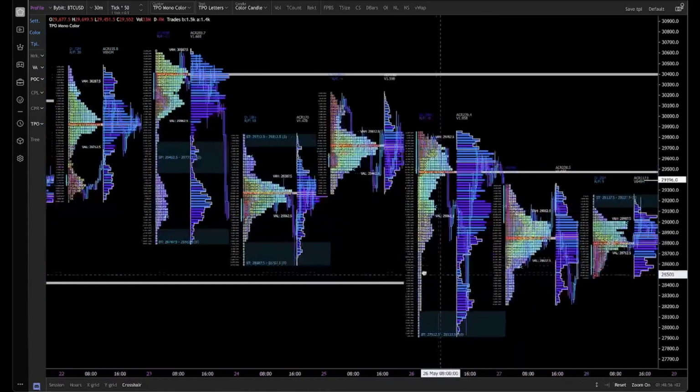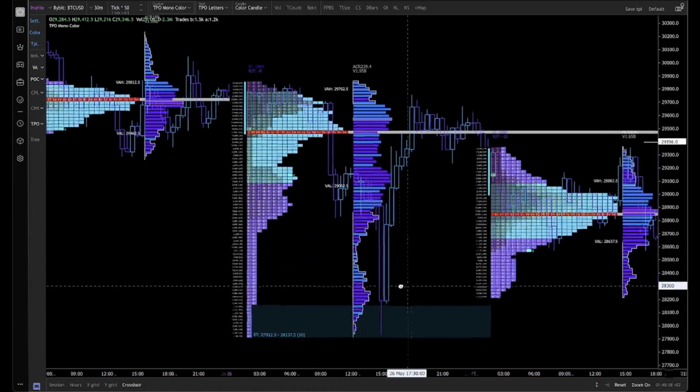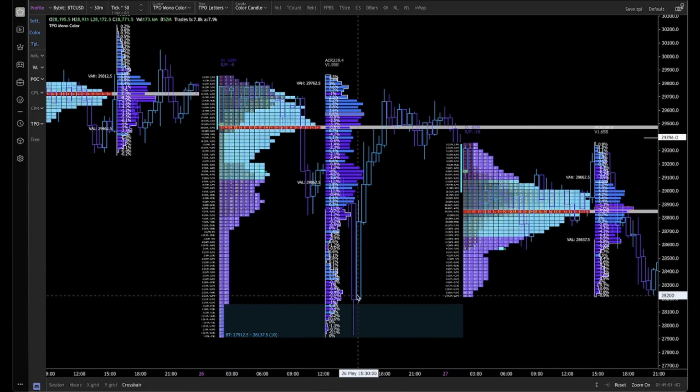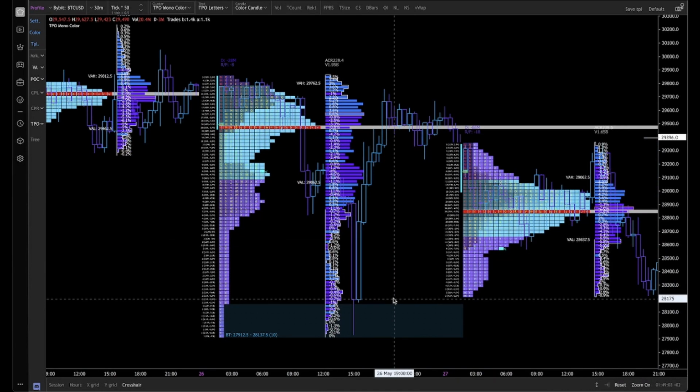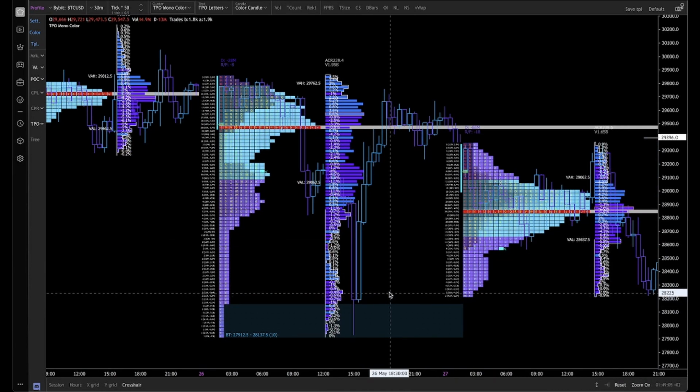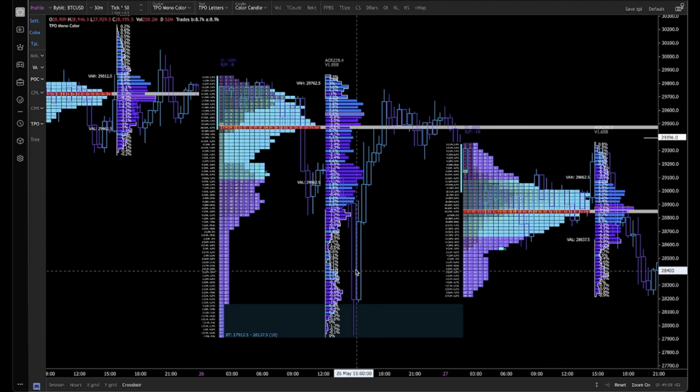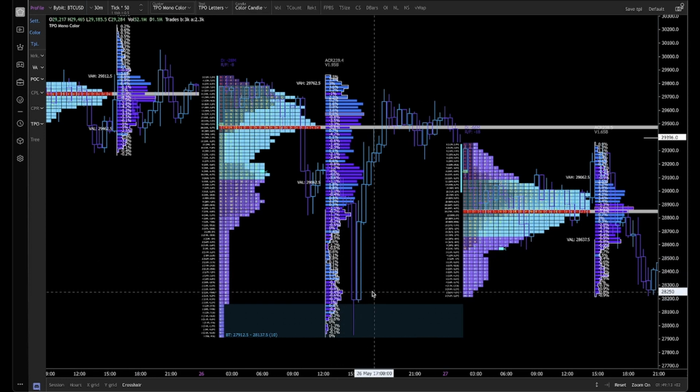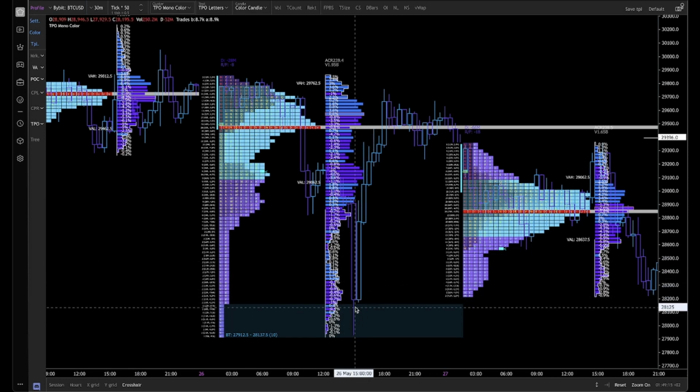So if there is a buying tail, that means for me that it's a valid SFP, and that's why I oftentimes say wait for a 30-minute close, because this is a 30-minute time frame, and the buying tail gets confirmed